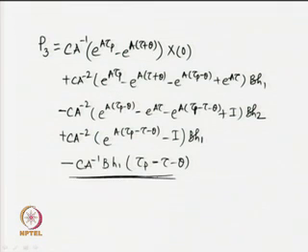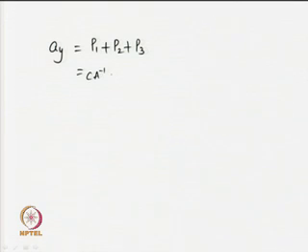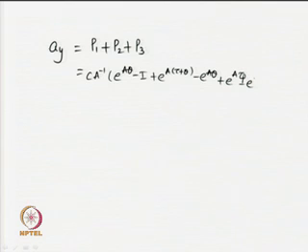So, again see the last term. Interestingly, when all the parts are added together, what do we get? When the area is found in the form of A y equal to P1 plus P2 plus P3, then one obtains C A inverse, e to the power A theta minus I plus e to the power A tau plus theta minus e to the power A theta plus e to the power A tau p minus e to the power A tau plus theta, times x0,